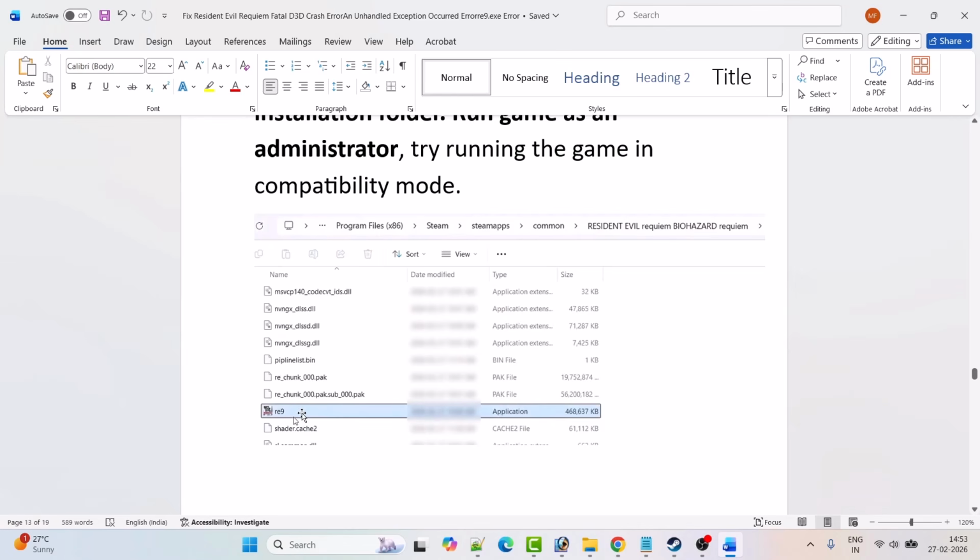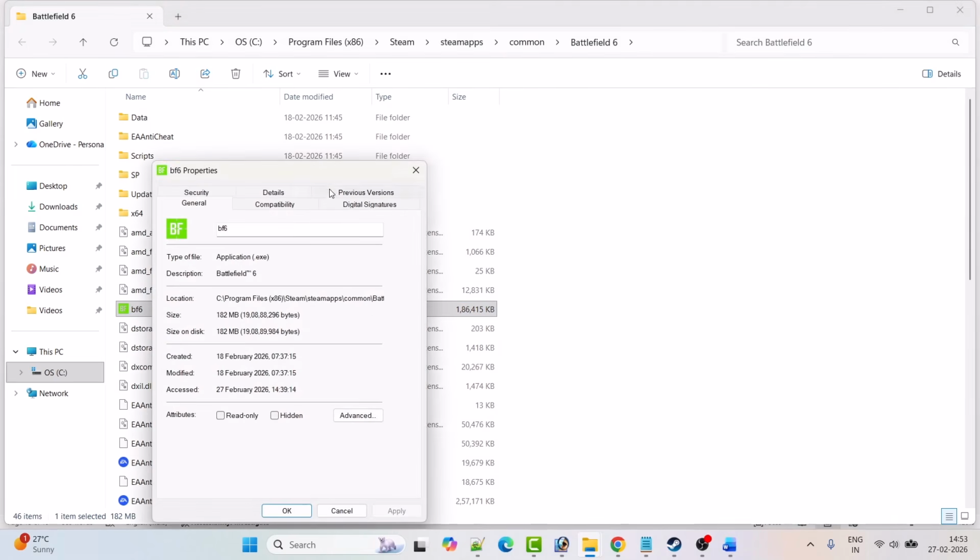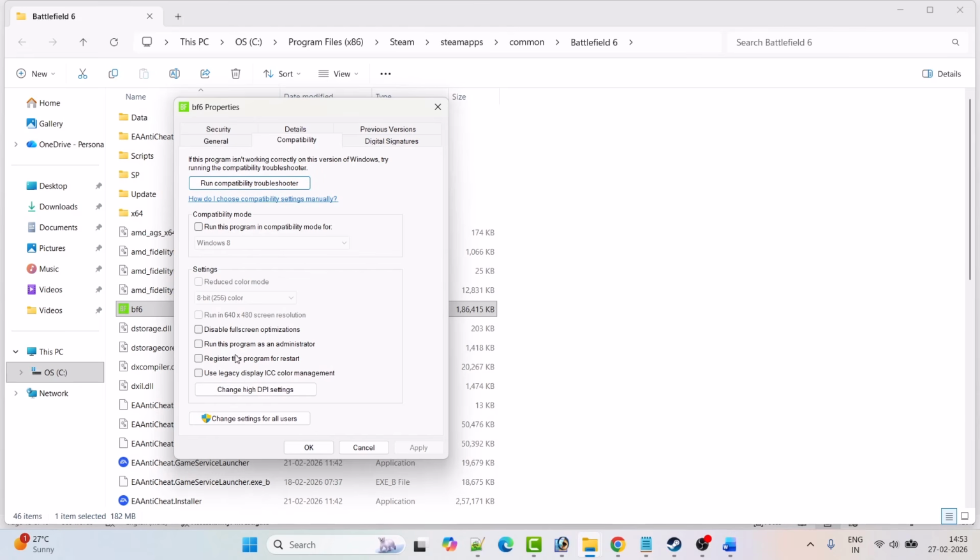If that doesn't help, then right click on it and then select properties. I'm showing the example with another game. So you have to right click on the re9.exe file and then select properties. Then go to the compatibility tab and check mark run this program as an administrator, hit apply, OK, then launch the game from the game installation folder from here itself and then check. If that doesn't work, then check mark disable full screen optimization option, then hit apply, OK, and then launch